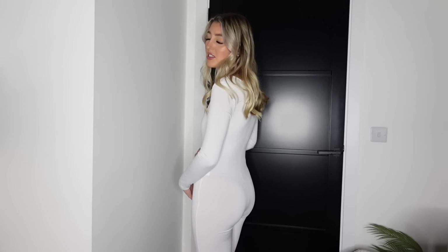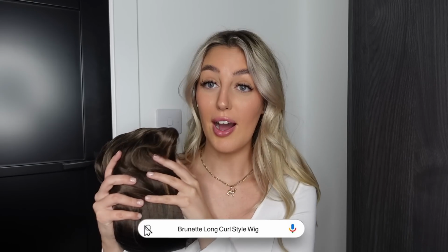Guys, am I hating on it for no reason, or is it disgusting? I have saved the best till last, I promise you that. Well, I hope so. This is one of the many highly talked about wigs. My hair is freshly washed yesterday, but I've always wanted to dye my hair dark brown now since I've had